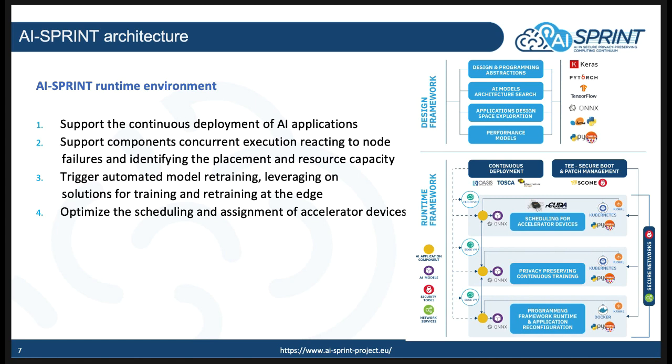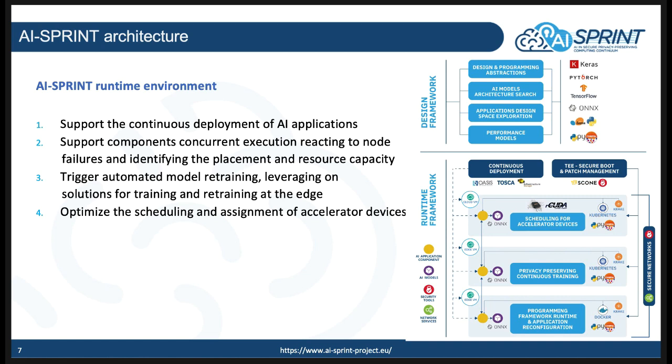The AI Sprint runtime environment will include tools to support the continuous deployment of AI applications, support application components' concurrent execution, reacting to node failures, and identifying their optimal placement and resource capacity for guaranteed performance, trigger automated model retraining, leveraging on solutions for training and retraining at the edge,